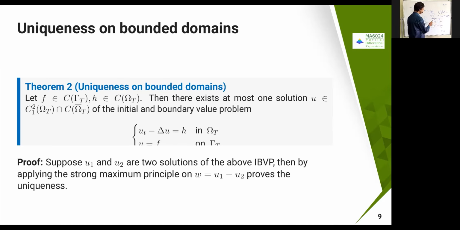But we have already claimed that the maximum over Omega_T bar equals the maximum of u on the boundary, and also that u of x0, t0 equals the maximum of u over Omega_T. Since this is 0 at the boundary, the maximum itself is going to be 0. Therefore, w is going to be identically 0 inside Omega_T also, and so u1 equals u2. Just a one line proof if you use the maximum principle.